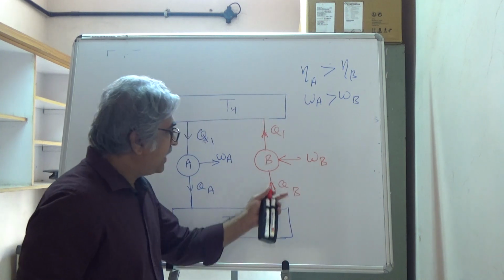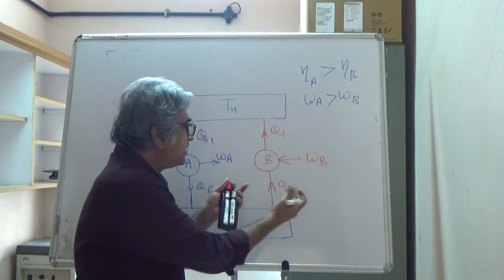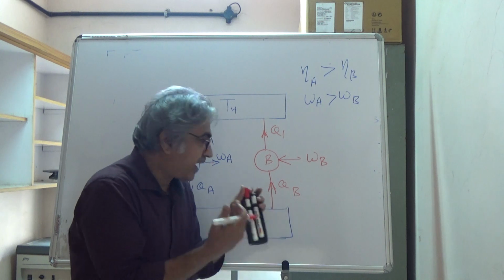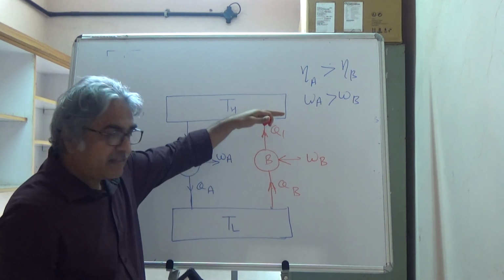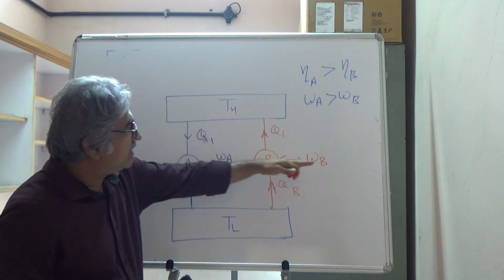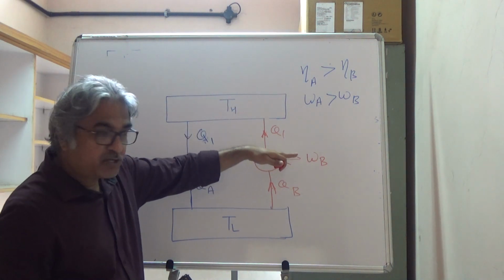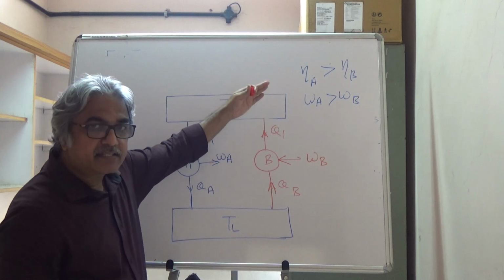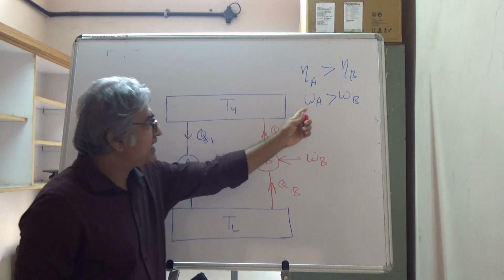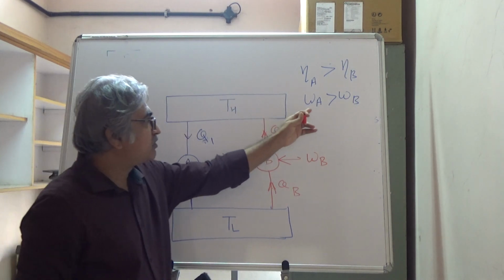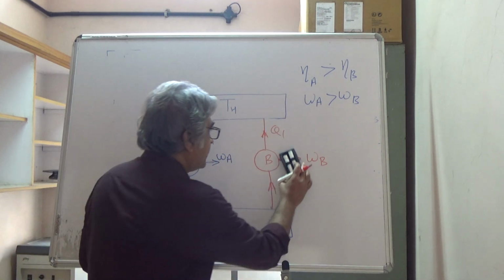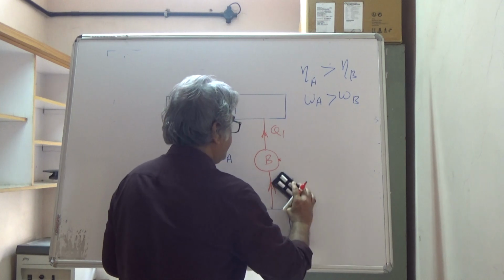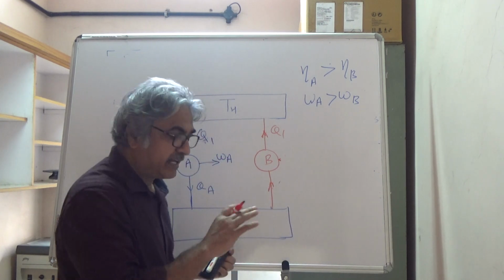WB. So we have reversed, because this is a reversible engine, all the arrows can be changed. Fine. Now see what is happening here. QB is lifted and WB is supplied to it and Q1 is given back. Now here, when I said that, I should have also written that WA we are assuming to be greater than WB. Let me go slow and tell you one more point.